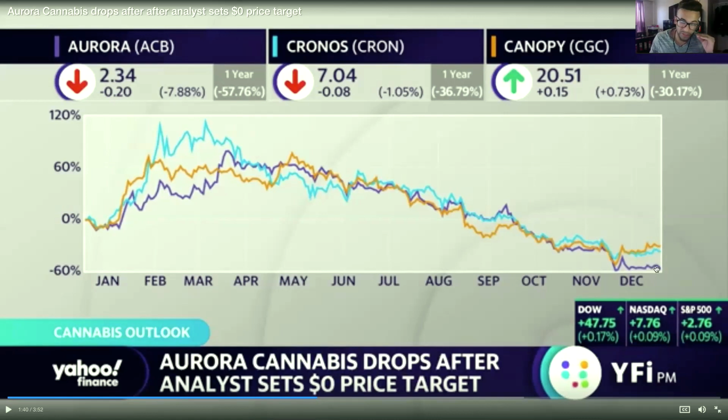And I feel like a partnership is playing a big part in that, mostly because these two companies have a lot of cash backing them up right now. The only thing Aurora has is a lot of debt and a lot of shareholders who are probably going to be punished even more, because to me, I don't think Aurora has any more options besides issuing more shares and diluting even more, which is really bad news for investors, which also makes me really glad that I collected profits when I did.